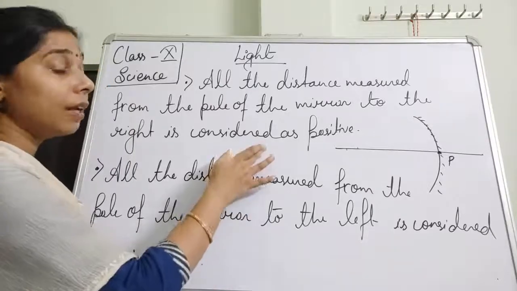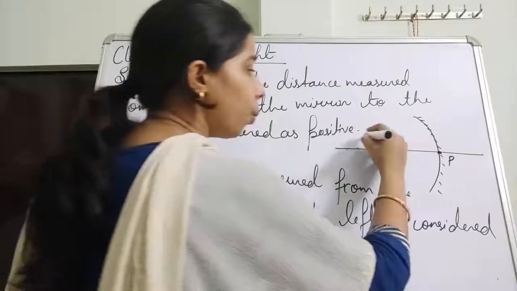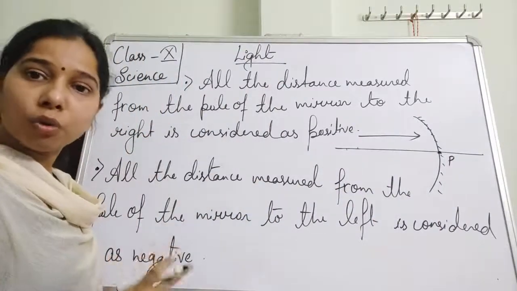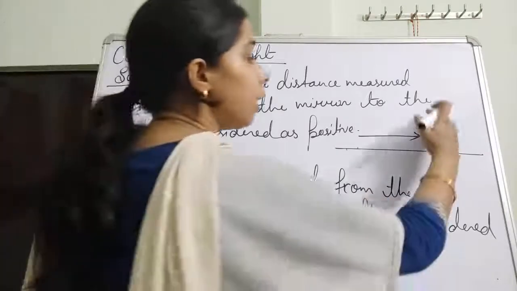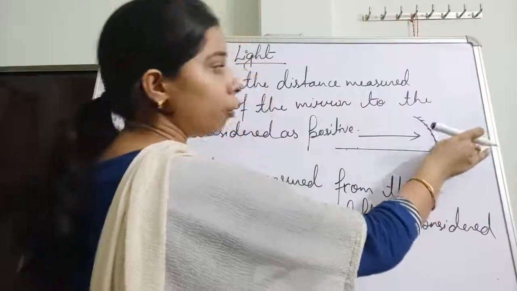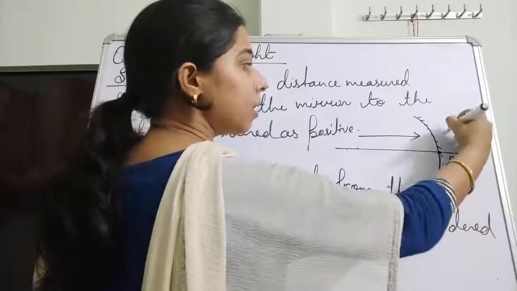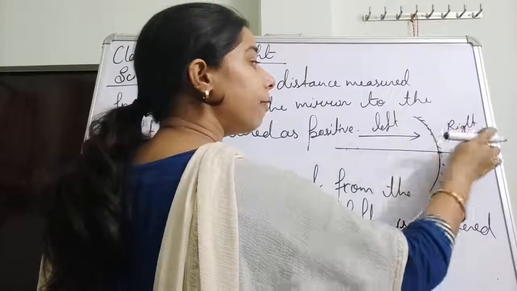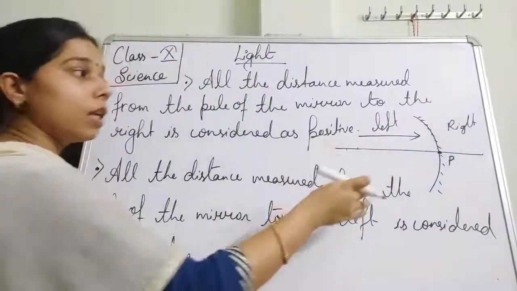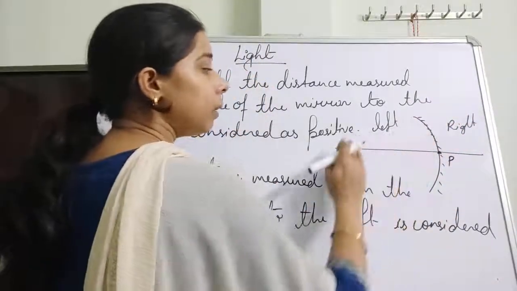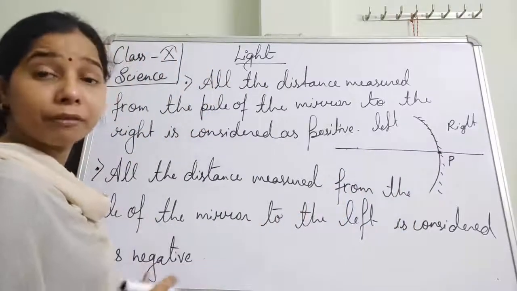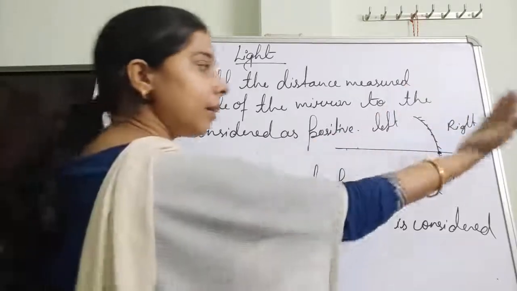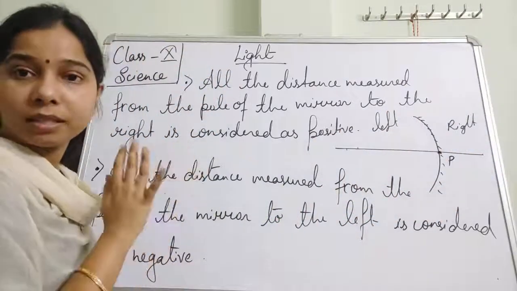Why is this so? Because here it is moving from left to right. We have seen that when the light moves in the direction of the incident light, that is called positive. So here everything which is behind the mirror, what will it be? That is the right side. This is the right side, students, and this one will be the left side. So if the object is moving from left to right here, it will be positive. That is why whatever object or image we get at the left side, we will take as negative, and at the right side we will take as positive.